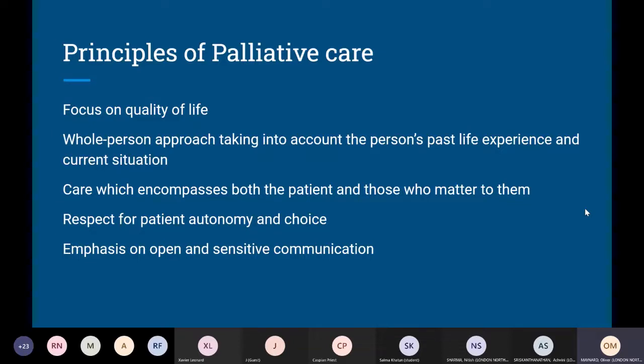It encompasses what's important to the patient, which is quite unique for a specialty of medicine, whereby it's normally the healthcare professional which sort of dictates what's the most important thing to treat, whereas it's very patient-led. So you have to have a really good patient-doctor relationship, and also obviously respect their autonomy and choice, because a lot of the decisions that will be made are down to the patient's choice. And obviously it's a place where you have to have expert communication, have some very challenging conversations, but also some very gratifying conversations with patients.